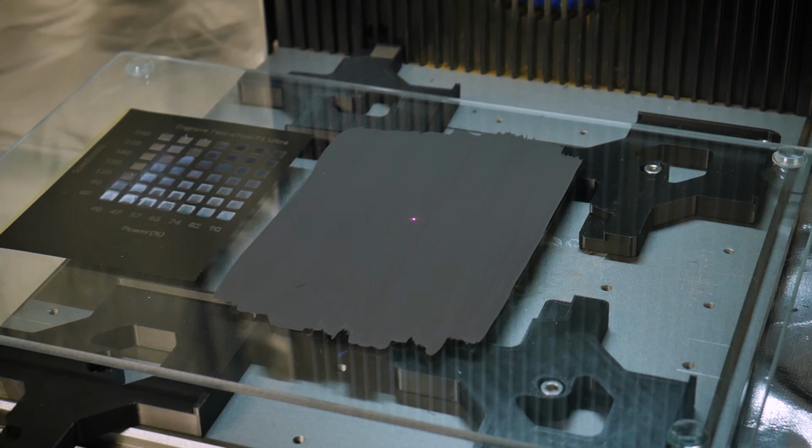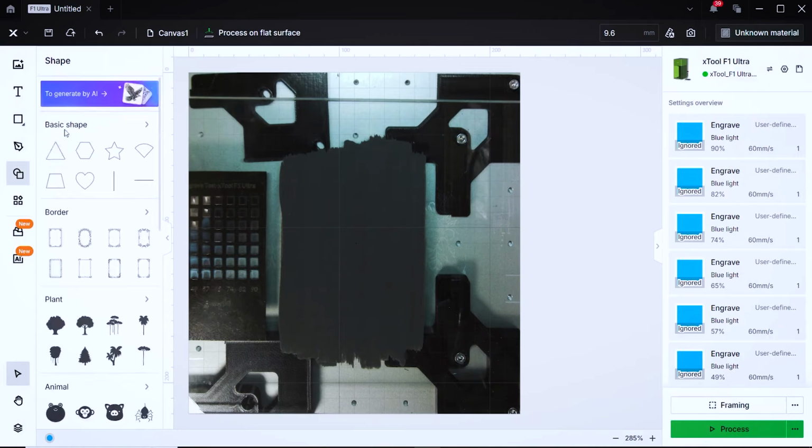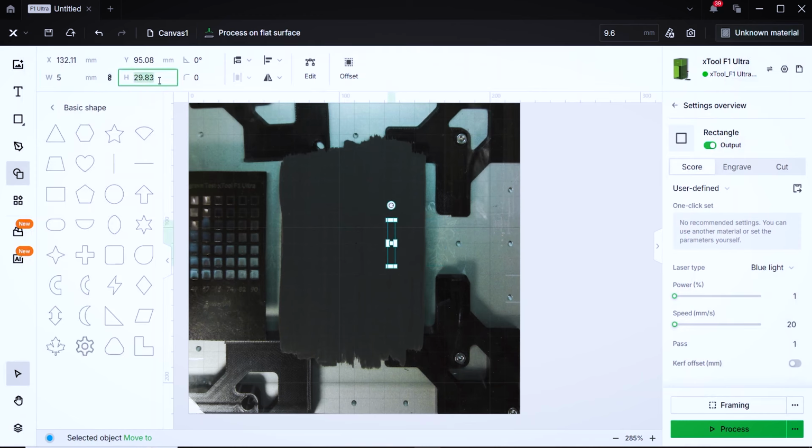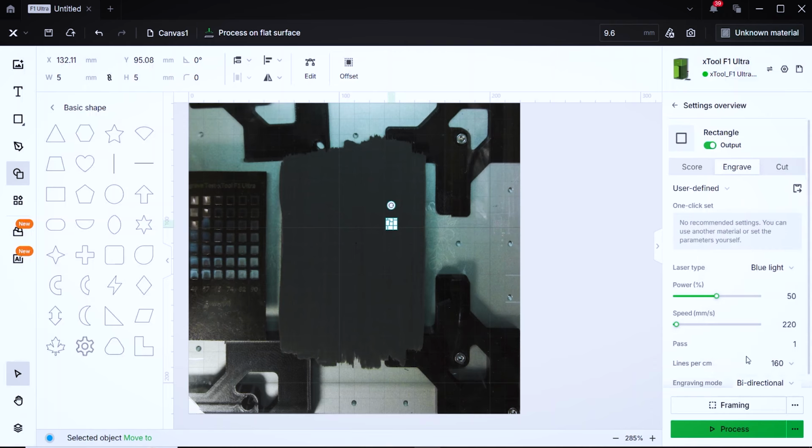So we'll move on to the chalk marker with some lessons learned, and we're going to reduce our power settings quite a bit and increase our speed for this test. Additionally, despite what I've seen other people do online, I'm really thinking that the 200 lines per centimeter is much too aggressive for even tempered glass. Therefore, in this next example, I'm going to reduce the lines per centimeter down to 160, and we'll create a